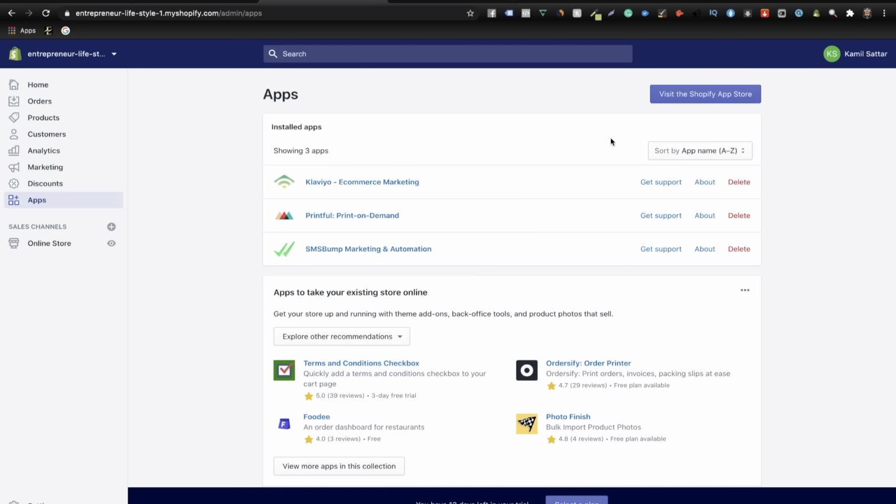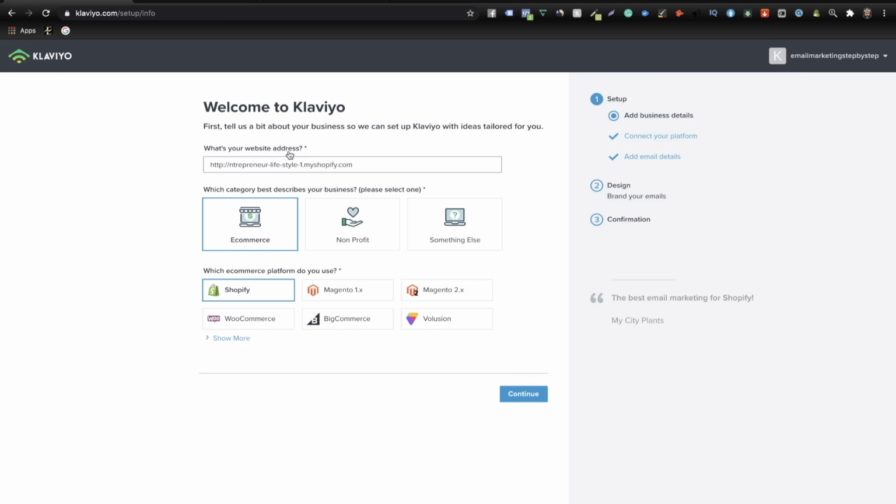Now the first app that I'm going to be setting up is Klaviyo. So what you want to do is download Klaviyo from the App Store, and then click it. Once you've installed Klaviyo and you've signed into Klaviyo, this is what your web screen should look like. And what you want to do is enter your URL in here, which will be